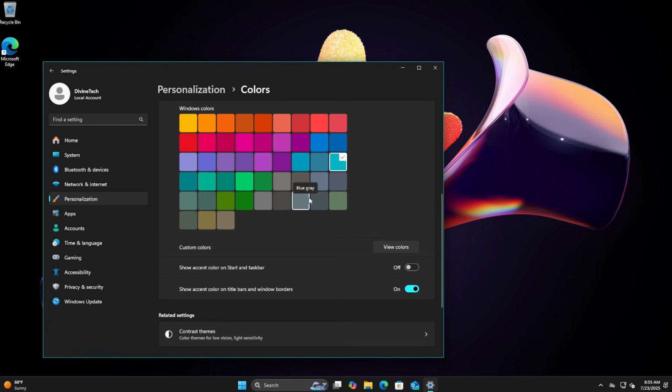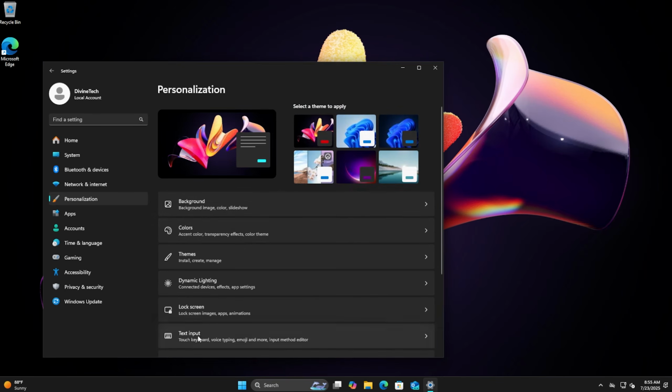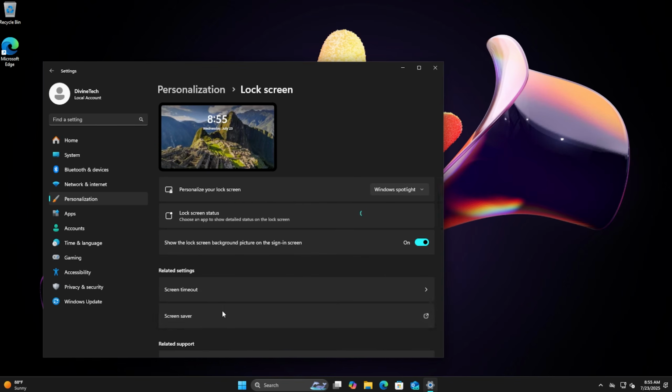I think Linux likes to do this a lot too. For me, it's almost a little bit more of a hindrance. I like the blend in of just the light gray around the edge. So I'm just going to leave that off. So I'll go back. All right, now back on here, we're going to hit the lock screen here, and then